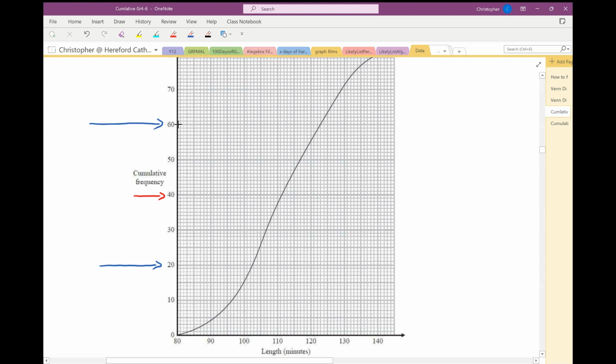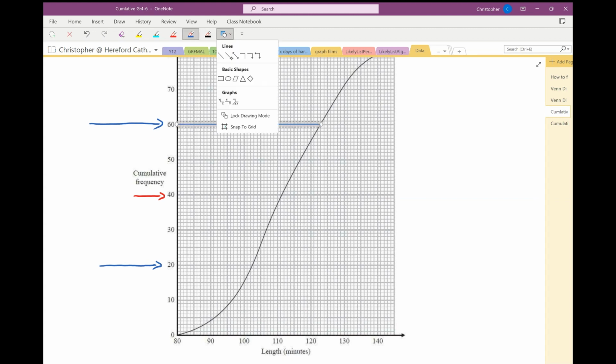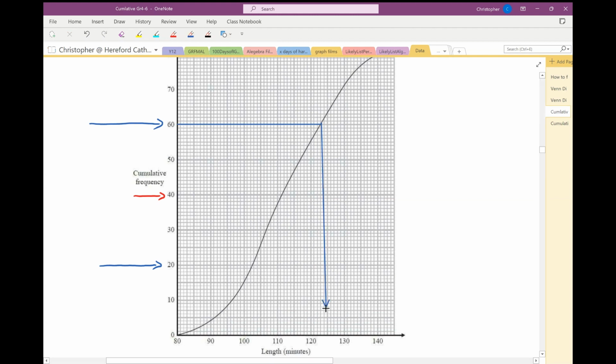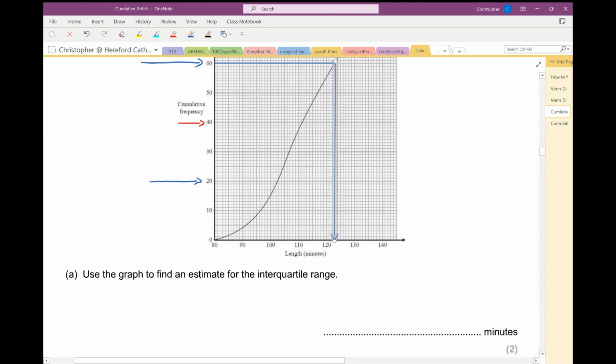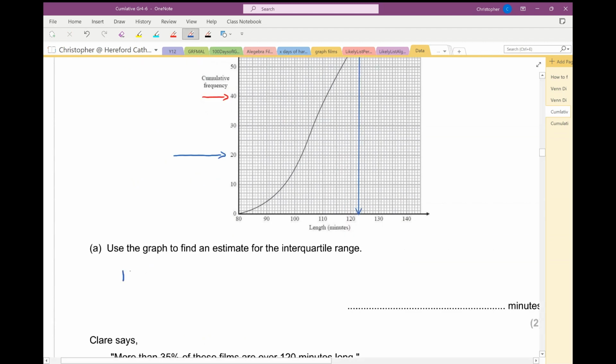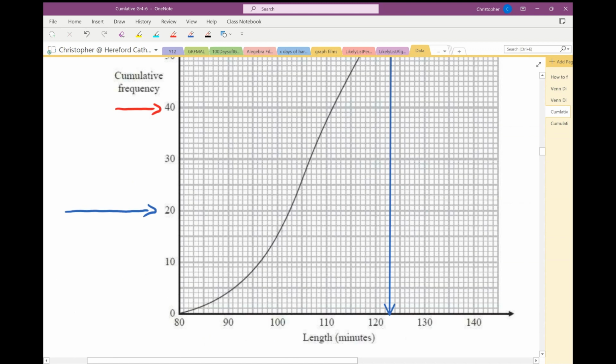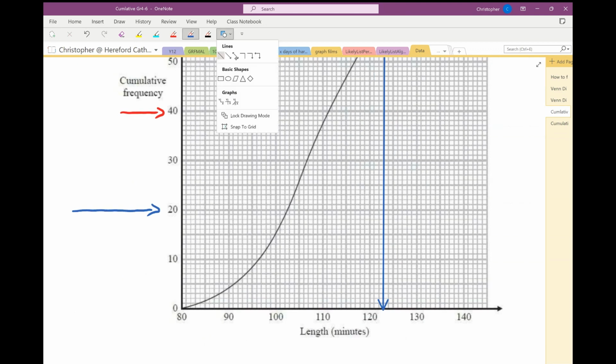So I'm going to draw a line across here with my pencil and ruler, and then I'm going to draw a line down here. And I'm going to read off the length of the 60th film. So for me, the length of the 60th film is 123 minutes. That's the 60th film. Now what about the 20th film? Let's have a look. So I'm going to draw a line across here,